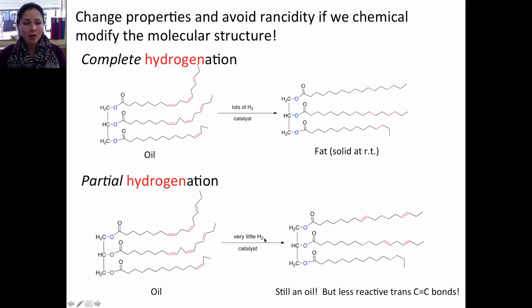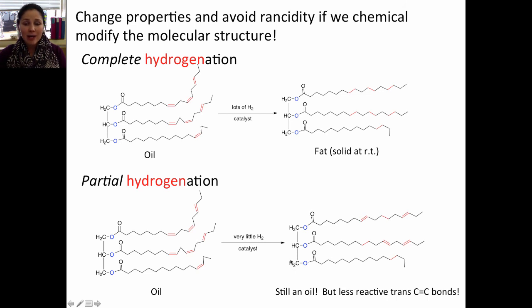This is when you don't add enough hydrogen for all of the double bonds to react completely. So some of them will react, but then they'll go back to double bonds. And so in this reaction, I've shown that a couple of the double bonds have reacted completely, but some of them have been converted back to double bonds. In this kind of reaction, when you do partial hydrogenation, any double bonds left over are now trans instead of cis. Although this is advantageous for food manufacturers who want their oily foods to have a long shelf life, these